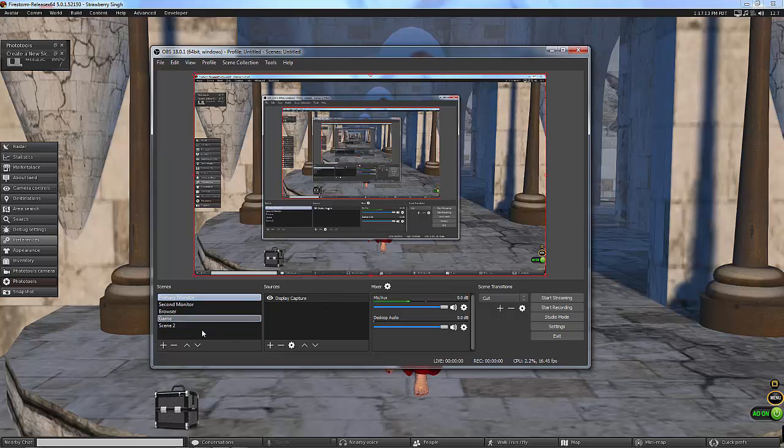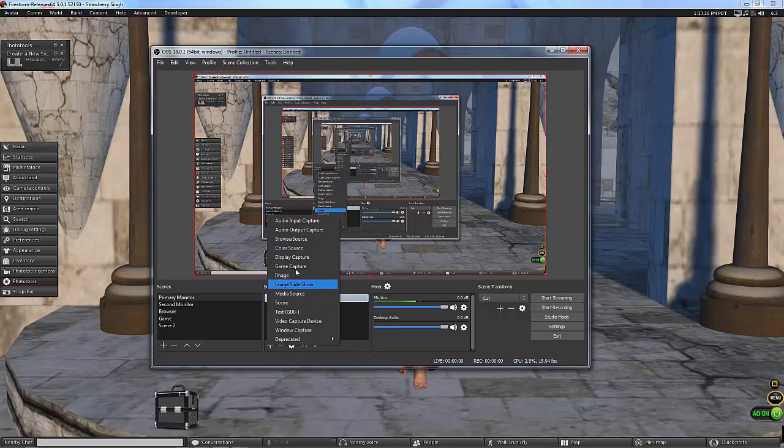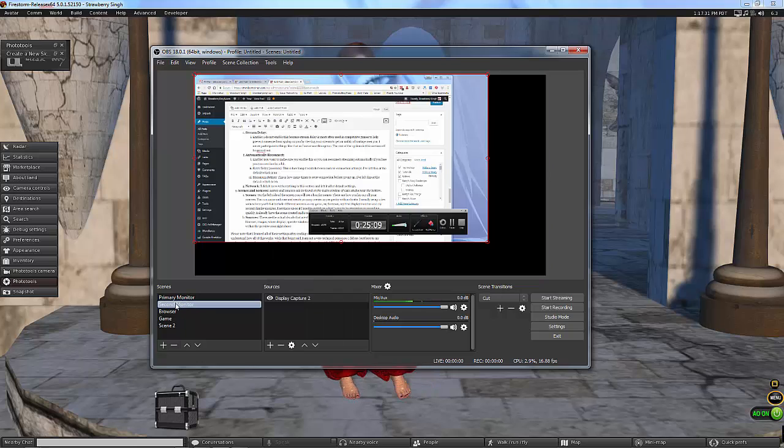And there's different things that people use these scenes for, but you don't need to go all out and create a whole bunch of scenes. You can just create one and just capture one monitor. So for this one, this is my display monitor, and I hit plus, and then I said capture this display, and then for my second monitor I went plus and I captured that display, capture 2, and so forth. So you can choose what you want to